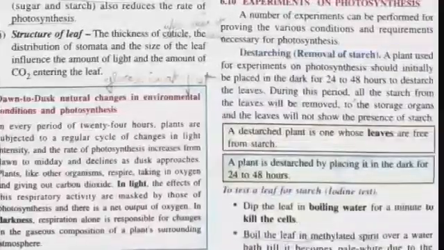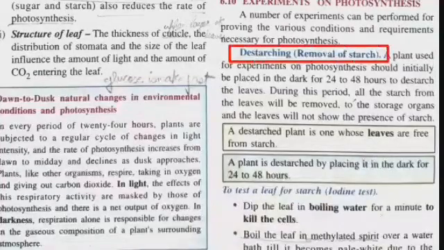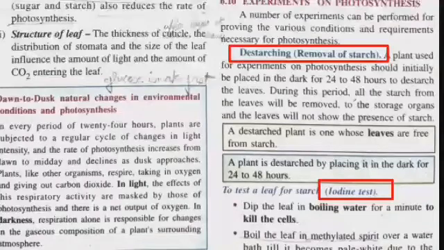That is, the first one is destarching, and this is the first step that we have to do before doing the experiments. And the second common step for all the 3 experiments again is the iodine or starch test, and we have to perform this step at the end of the experiment before we get the observation or before we see the observation. So please remember the first and the second steps in every experiment,